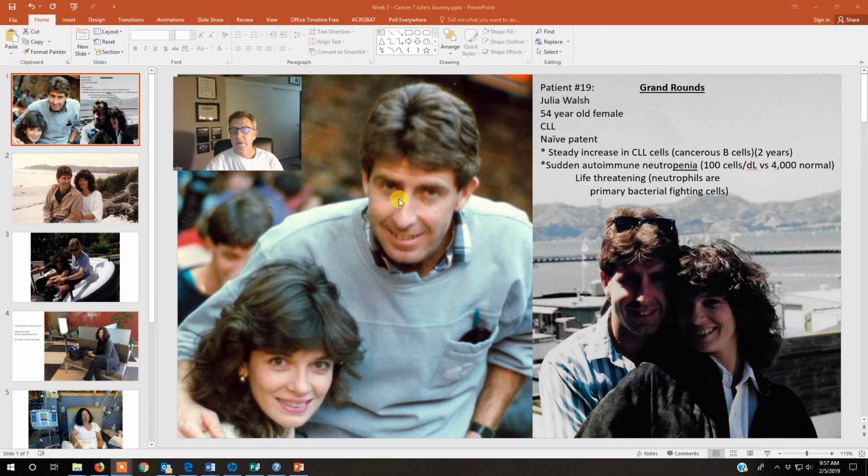This is after we've been together about 3 years, and this is after we had been married. Okay, we were married at 31 years of age. Okay, she was an attorney at this point in time. Okay, so she has chronic lymphocytic leukemia. With her clinical trial, she was a naive patient, had never been treated before. All right, and that's key.